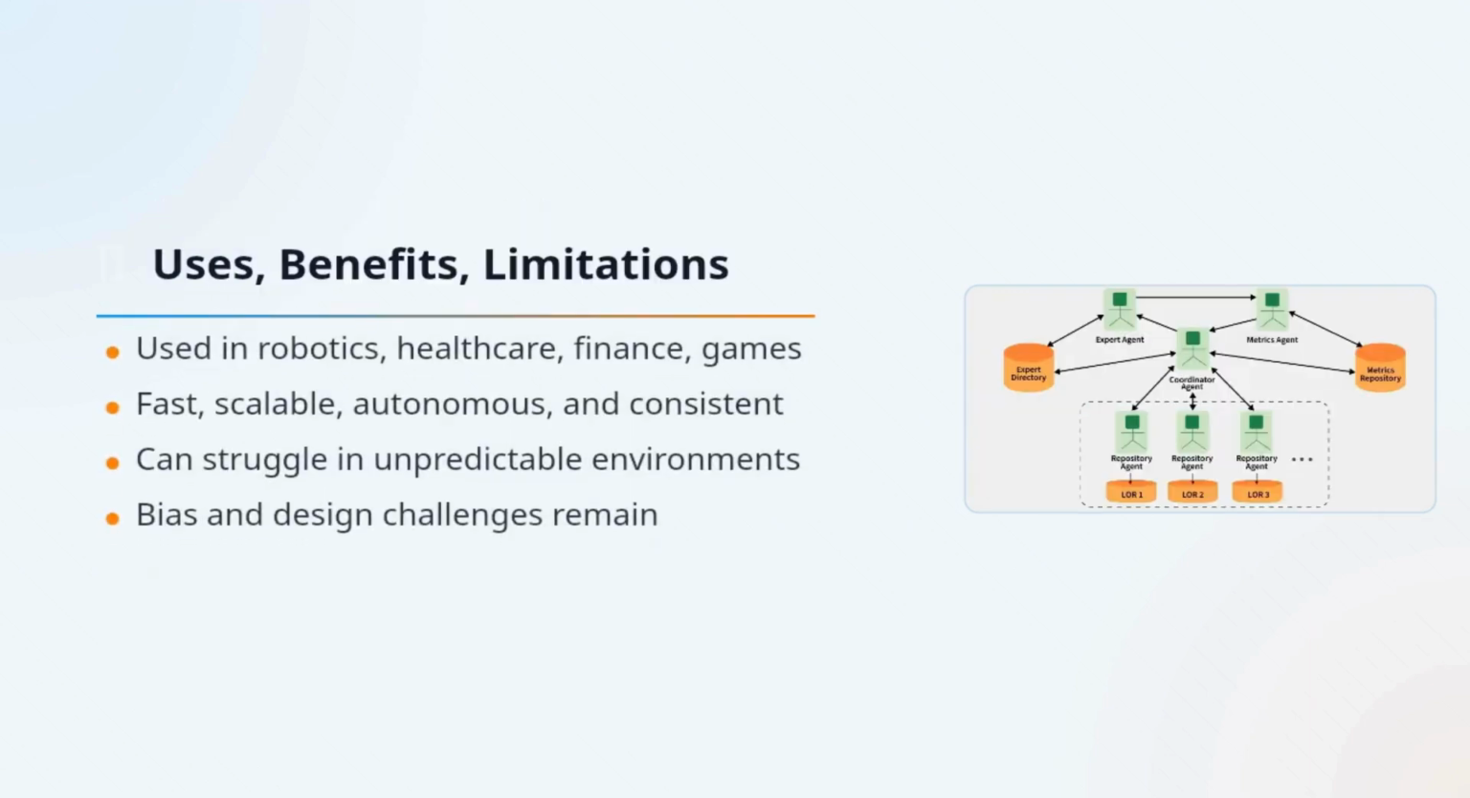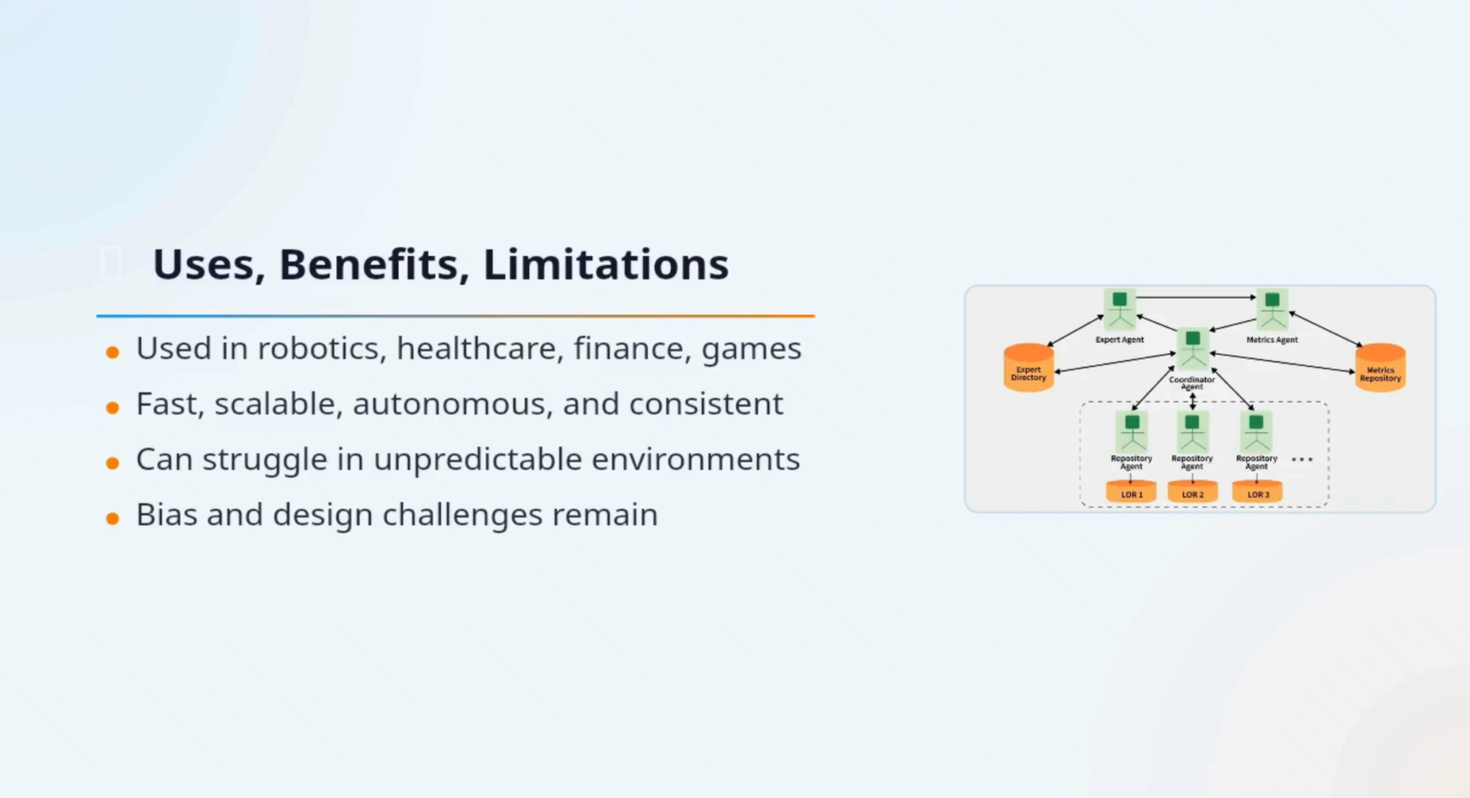AI agents are used in robotics, smart homes, healthcare, finance, and gaming, among many other areas. Their big advantages are speed, scalability, autonomy, and consistency in task performance. But they also have limitations, such as high computational needs, communication issues in multi-agent settings, and the risk of bias or unintended actions. So that covers the major types of agents in AI, along with where they help and where